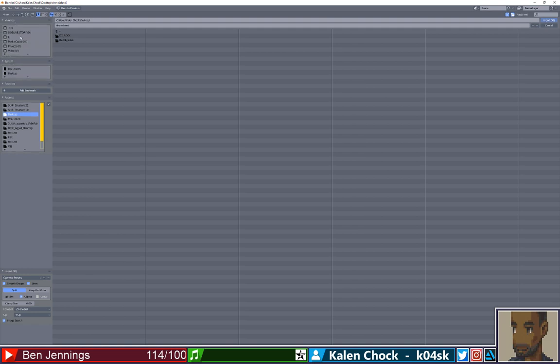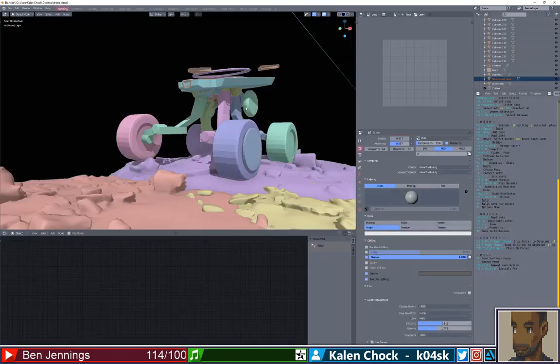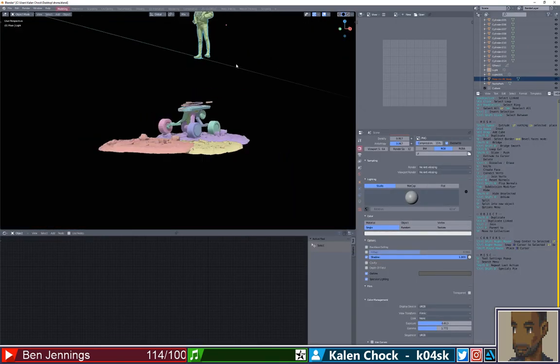Let's see. Volumes, media, 3D, characters, male, OBJ, body. Sure. Just want to put a character in here for scale, so that would help out.